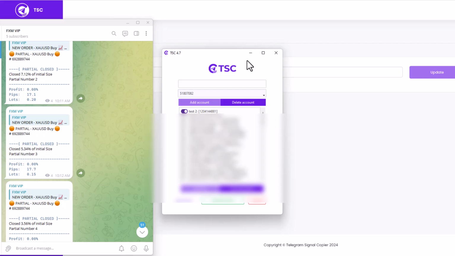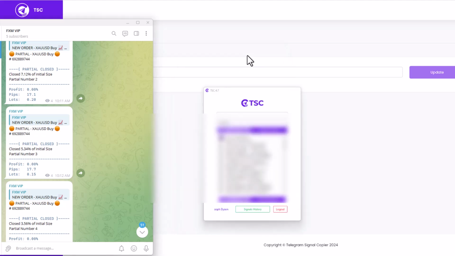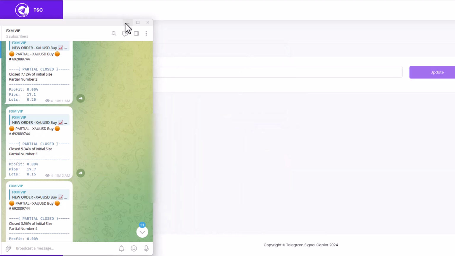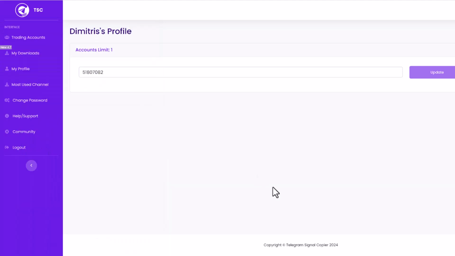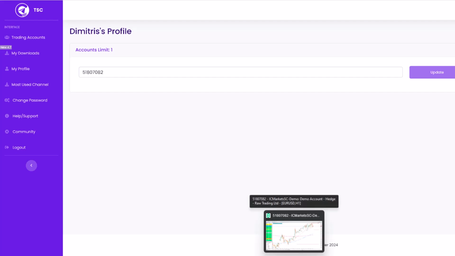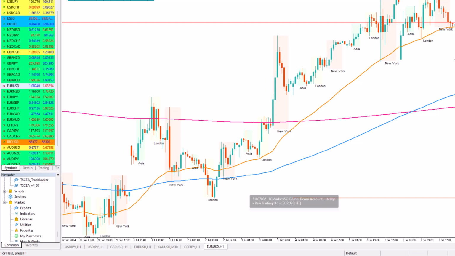Now we need to have Telegram open. It could be minimized, and this one as well. So I will minimize that. I will minimize this as well, and Telegram, and I will open now the MT5. So this is the MT5, and essentially